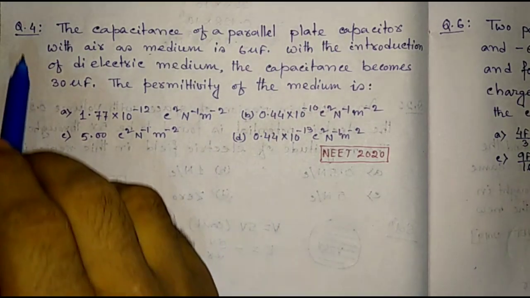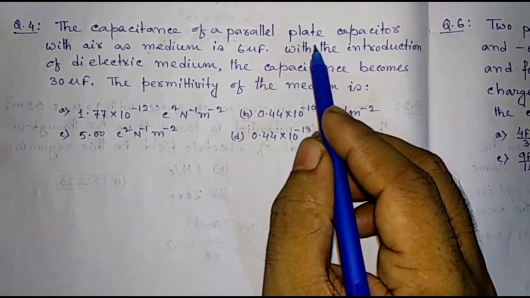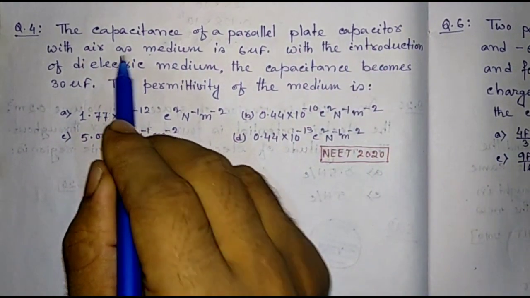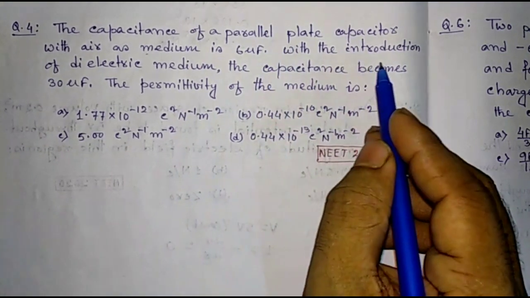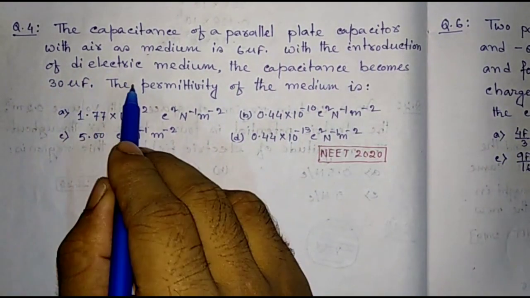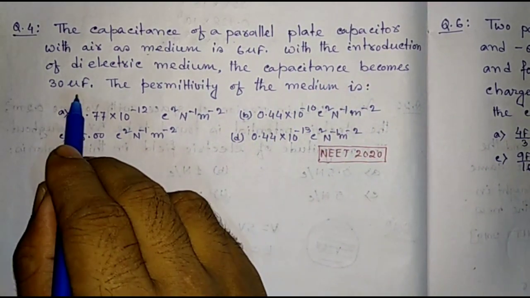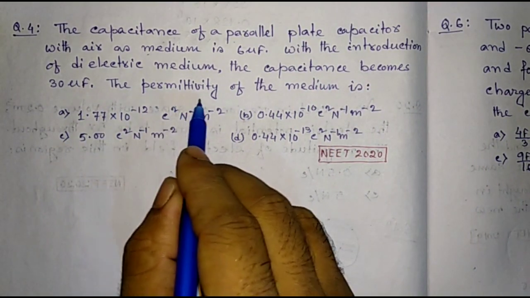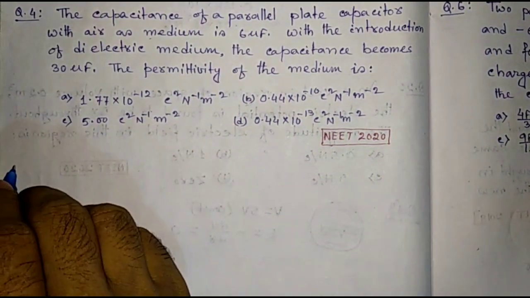Next question is question number 4. The capacitance of a parallel plate capacitor with air as medium is 6 microfarad. With the introduction of dielectric medium, the capacitance becomes 30 microfarad. The permittivity of the medium is? So the solution is,